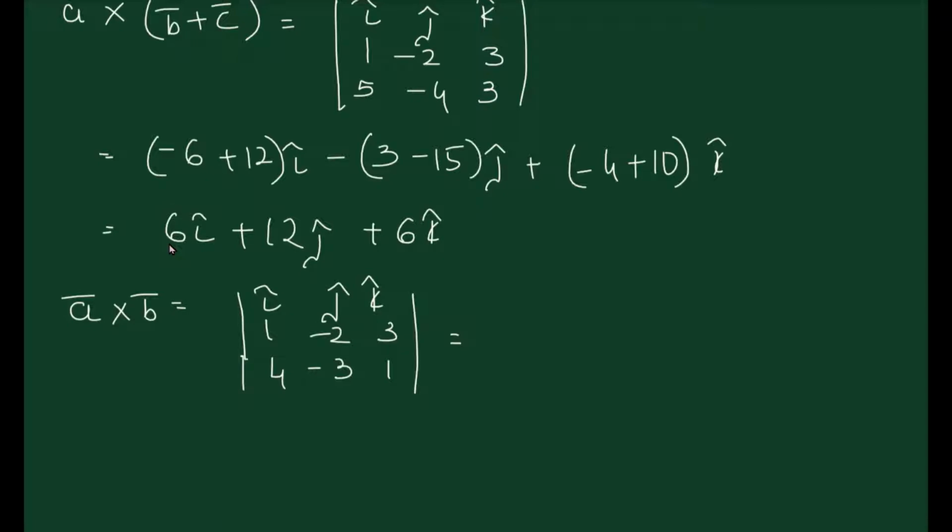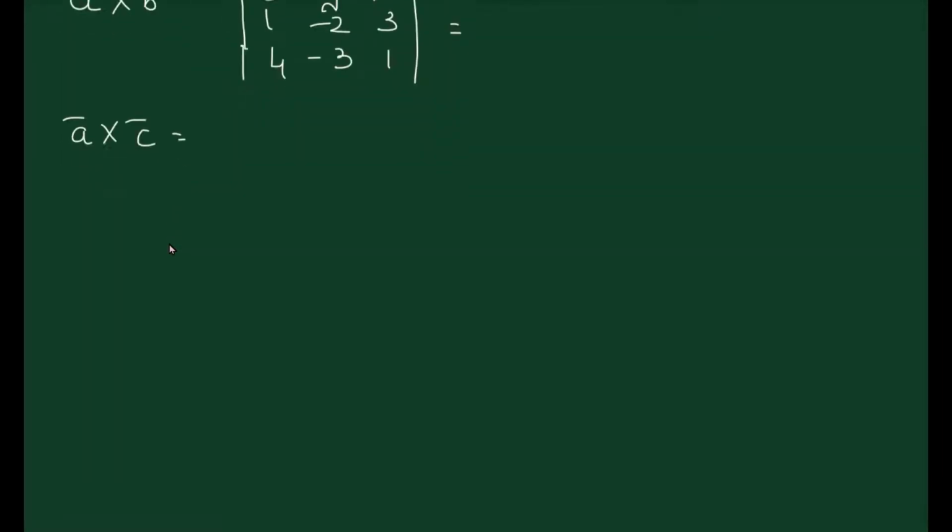Now what you are going to do is find the answer, and also find out what is the answer for a cross c. After finding the answer for that, you are going to add both of them. You are going to add a cross b plus a cross c and verify that this term is equal to the previous term that we got. Okay, so I leave it to you as an assignment to be completed. So complete the sum.